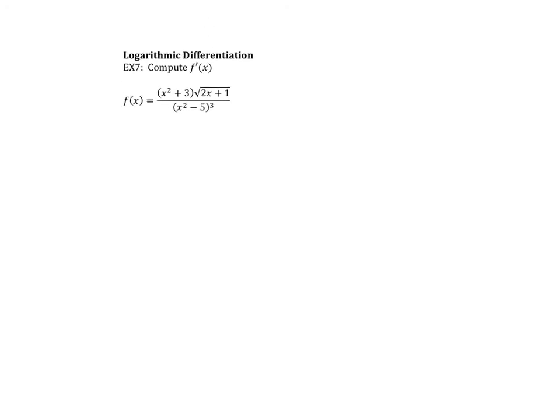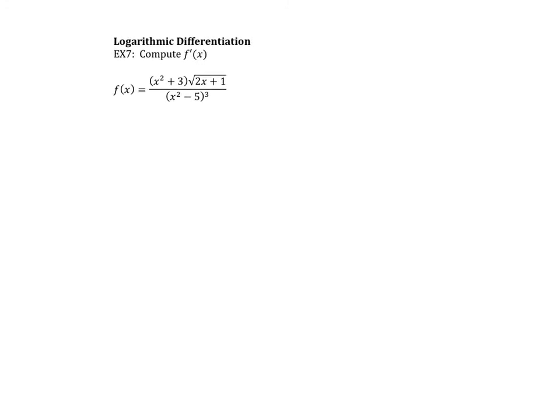This is probably one of my favorite examples. It's the process of logarithmic differentiation. So if I was to compute the derivative here, it would be a complete mess, because this function, when I find the derivative, involves the quotient rule and the product rule and the chain rule. So instead, what I'm going to do is use logarithmic differentiation, which means I am going to